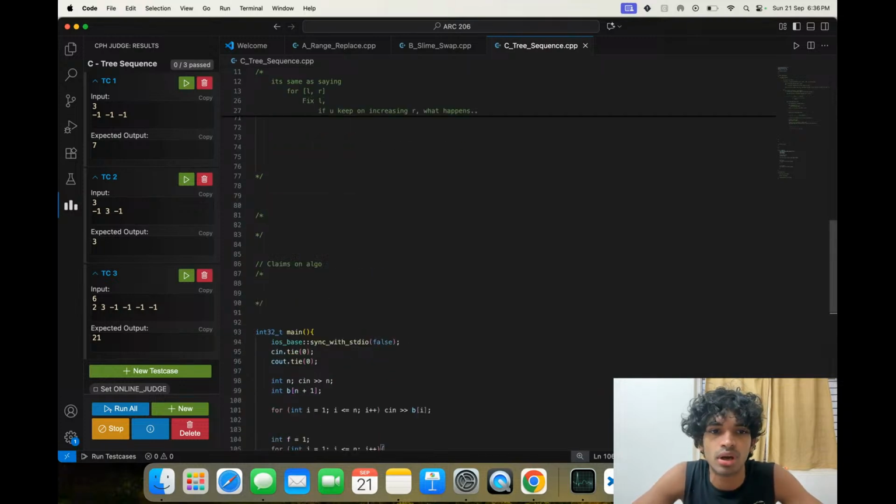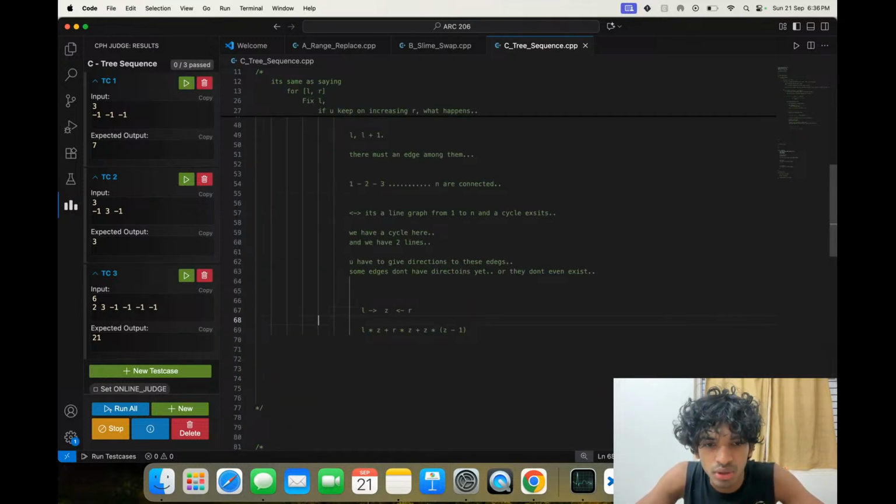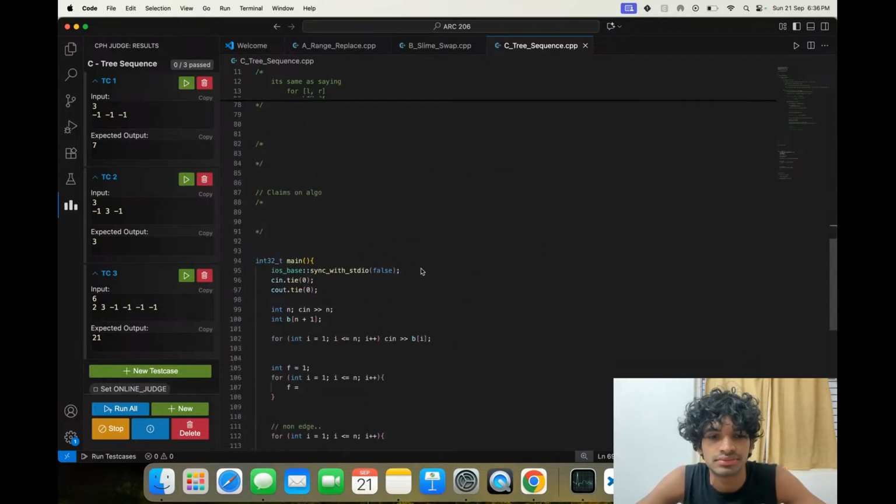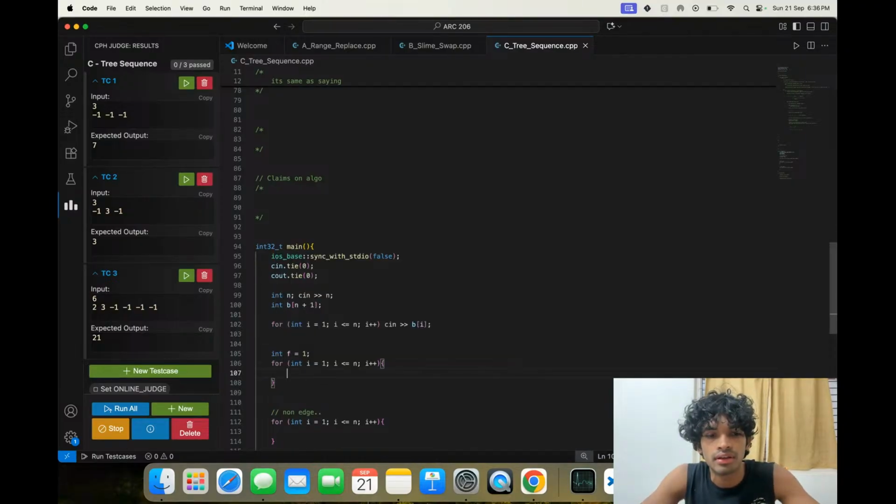For something that comes, this node is f, and then this node be backward. Front, let me just keep it as f, fs. If b of i equals b of i plus 1, b of i equals i plus 1, f equals i plus 1. So we have this forward edge.